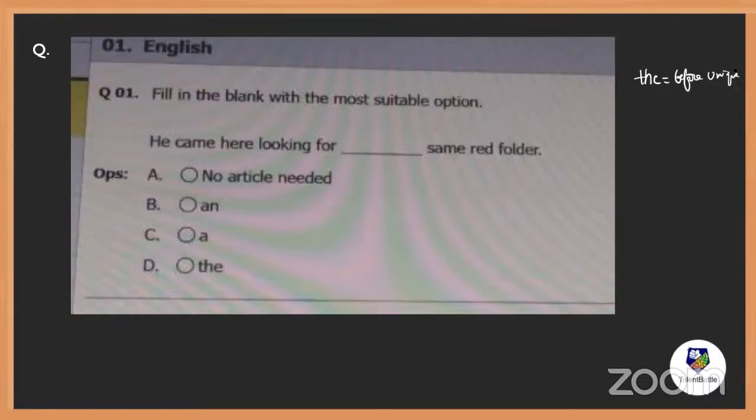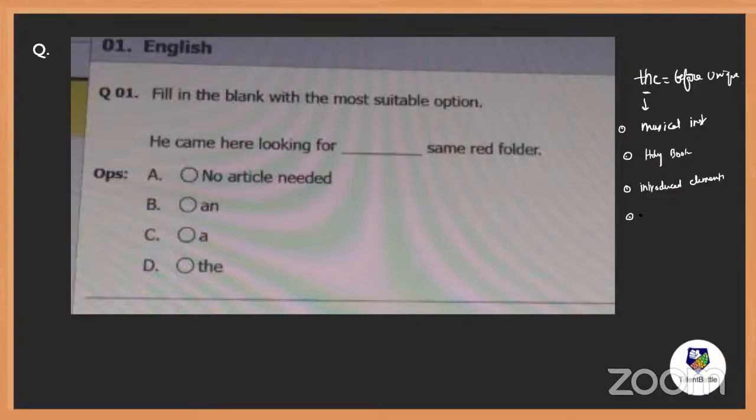There are certain rules to use the word called the. The should be used before musical instruments: the veena, the guitar, etc. The should be used before holy books: the Ramayana, the Quran, the Bible. The should be used before already introduced elements, right? And the can be used before a class of items, right?